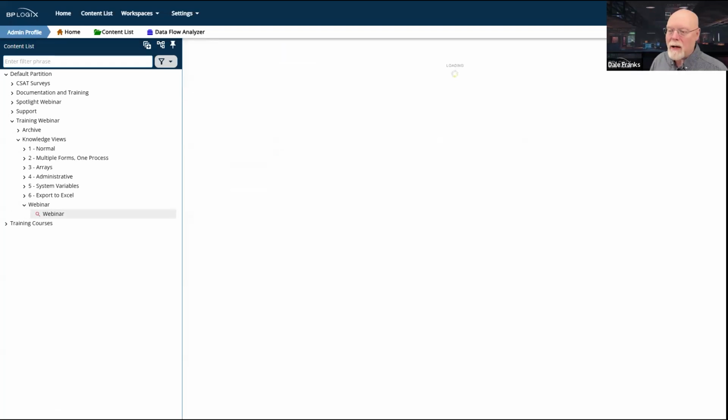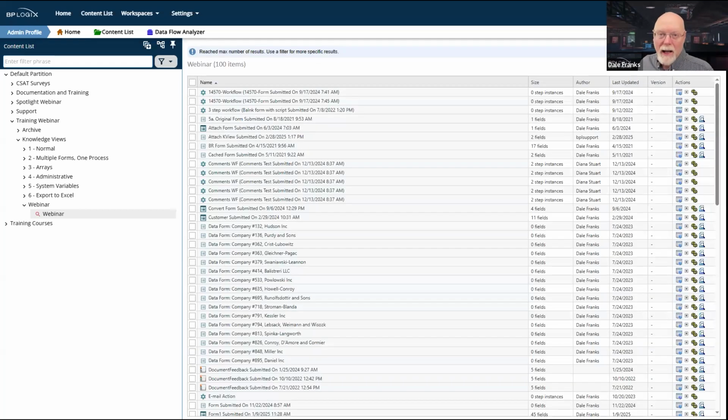If I just go update and run now, it's going to start returning data, which is the first, I was about to say advantage, but it's equally a disadvantage of the knowledge view. The knowledge view wants to return all information that it can find in Process Director at all times.